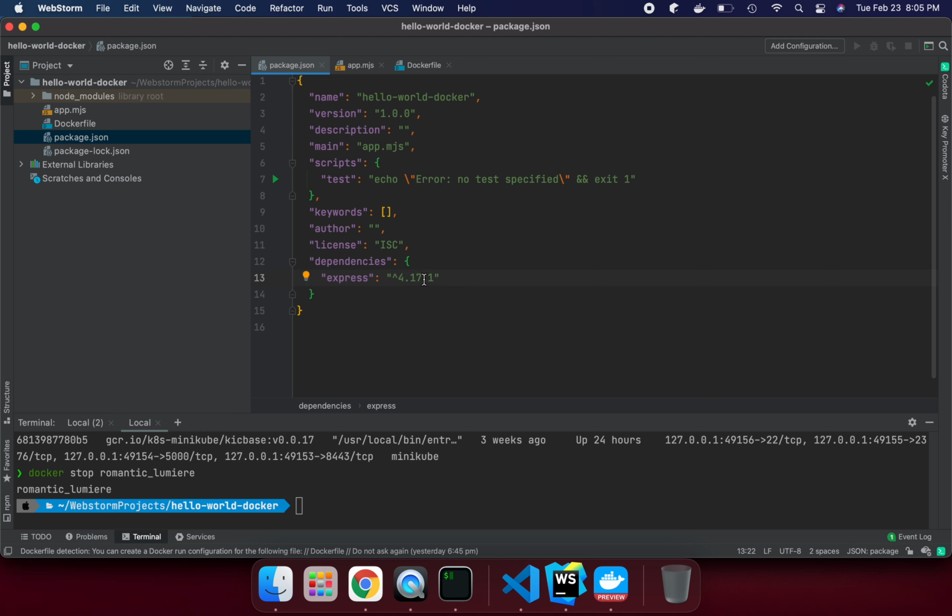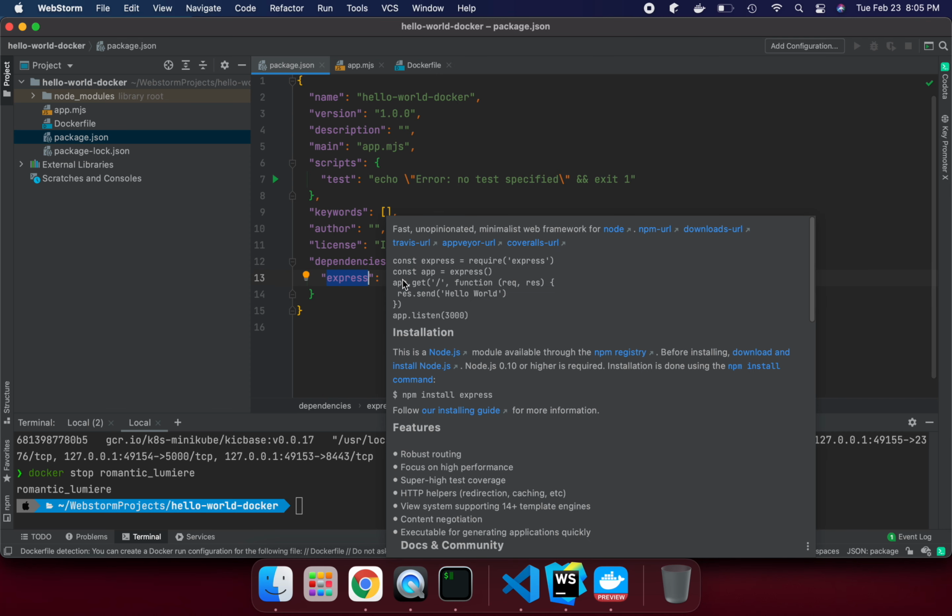Maybe you are familiar with it. If you're not familiar, it's straightforward. Suppose you want to use Node.js. We have the package manager, npm, that is managing the package dependencies for us. And we are using express.js to try to create one endpoint basically. So if you see, all the details are mentioned here. This is a Node.js module available through the npm registry.